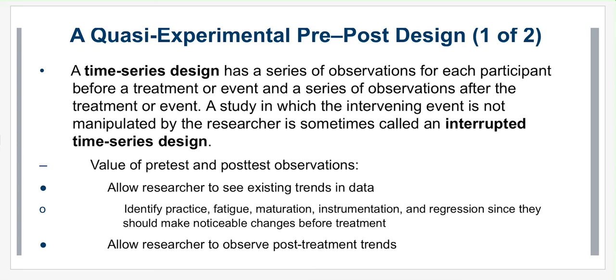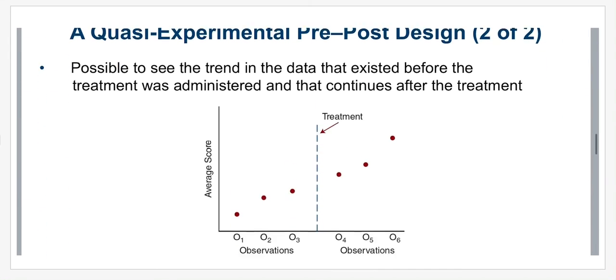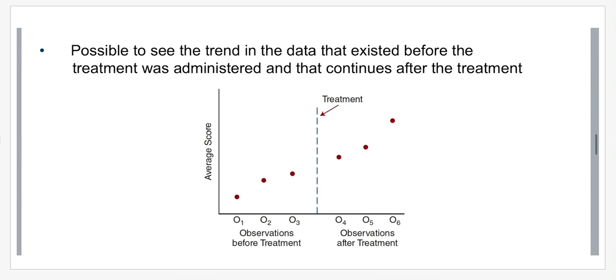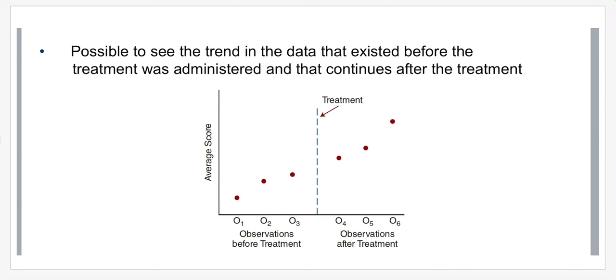So this last bullet point talks about how it allows the researcher to observe post-treatment trends. And a visual example of that is on this slide here. You can see from this example that if you just looked at observation 3 and 4, again, you would assume, if you were just doing a simple pre-test, post-test, so observation 3 is the pre-test, observation 4 is the post-test, the treatment's in between, it looks like there's an increase in the scores, and so the treatment's effective, right? But when you do those multiple observations, especially after the treatment, and you see that the scores are continuing to go up,